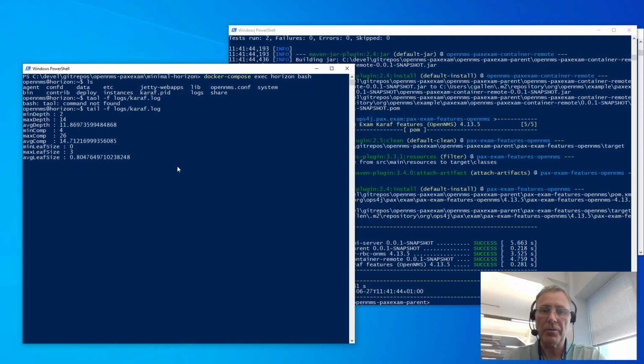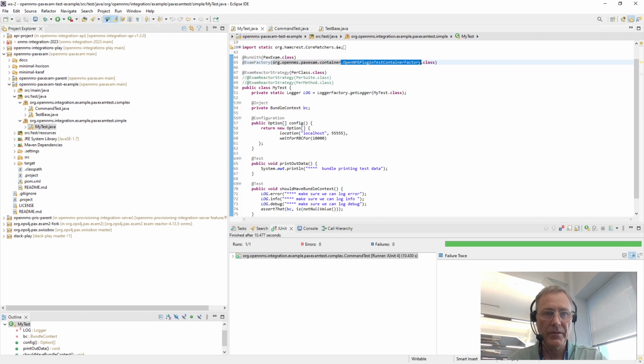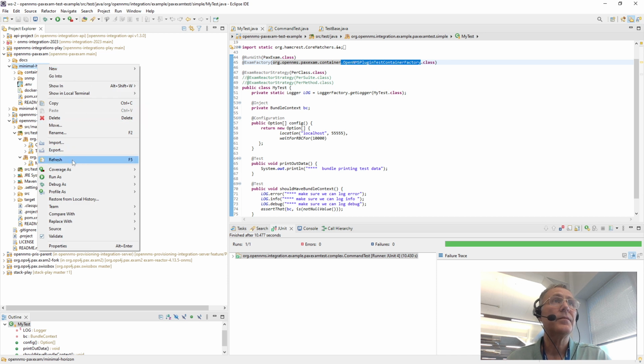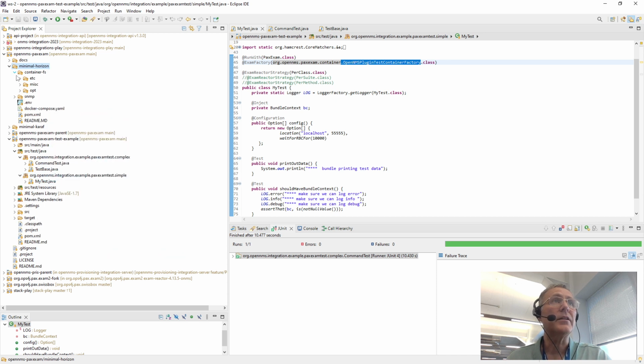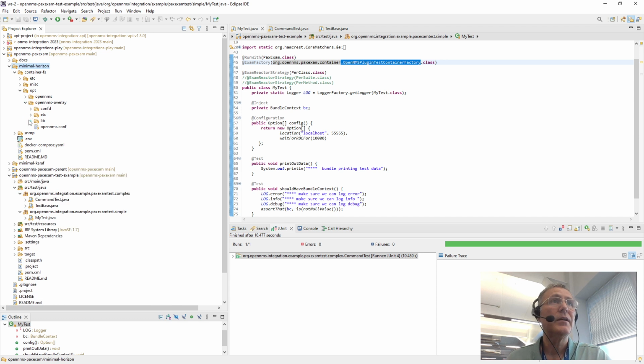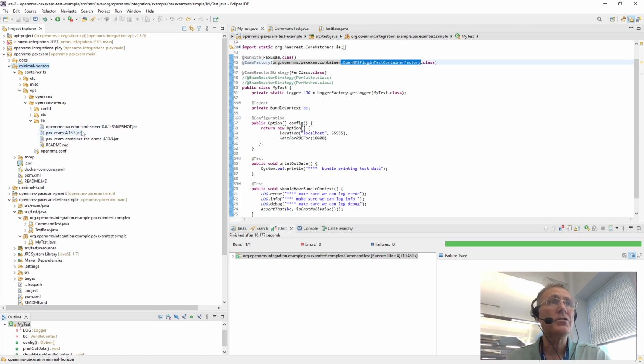Okay, so we've got our OpenNMS running. We've installed all the jars that are expected in OpenNMS. If I show you the project itself, you will see where those jars are. So we're in this Minimal Horizon. Just refresh this. And we can see under the container file system, under OpenNMS overlay, we've got some extra jars we've put into the library. They've been pulled in by this